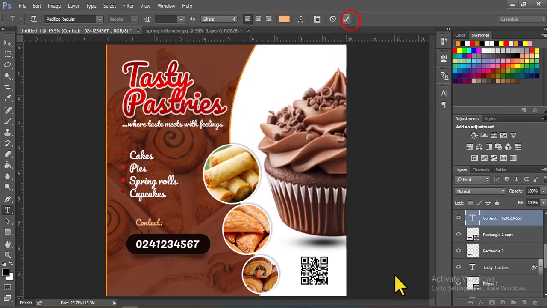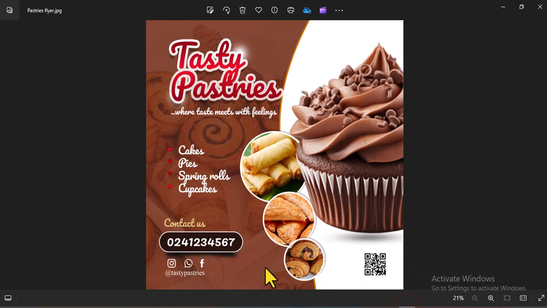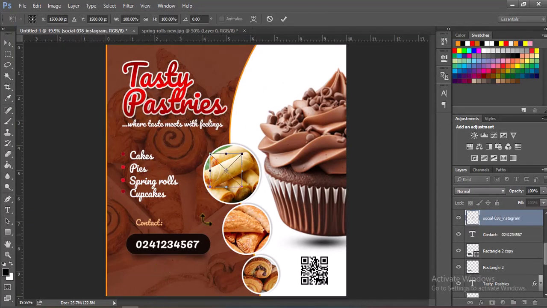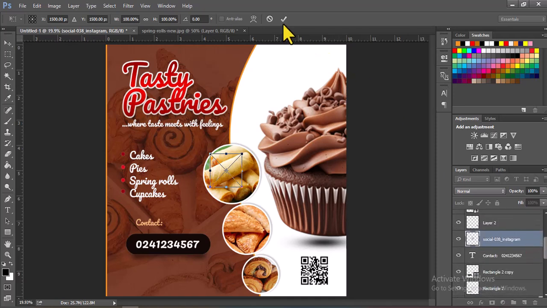All right, that's nice. So the next thing for me to do, let's check our work, is the social media icons. The social media icons, that's nice. So let's go. They are here. These are PNG files. That means files without what we call background. So when you pick it up, this is how they come. So where did I drop them? All right, so they are here. So Facebook,